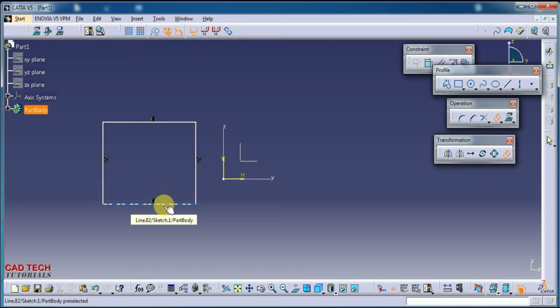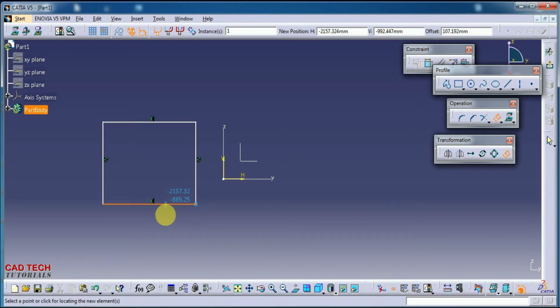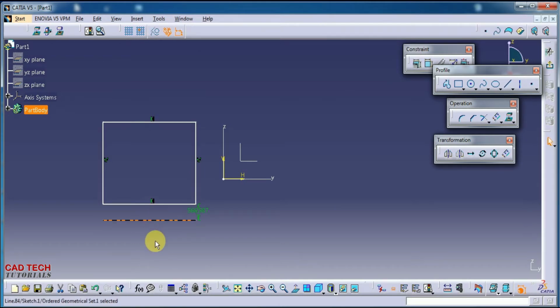No propagation means it selects only any one of the lines. So here it's selected. Now I'm choosing this bottom line. Here we can drag directly, or else we can give direct dimensions also, how much offset you want. So I'm choosing manually. Here it is enough for me,